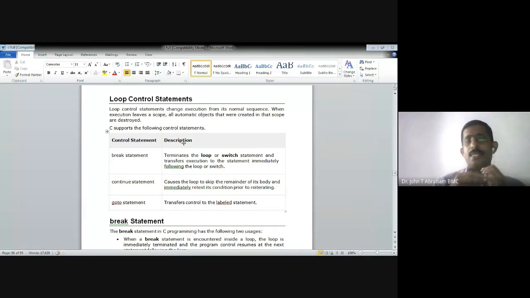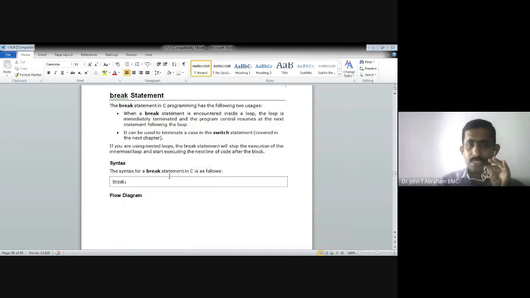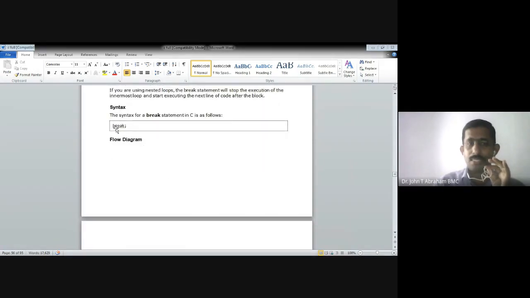So let us see what the break statement is. Break means breaking. C is very simple. From the name itself, we can see there is breaking. Suppose inside a loop or inside a switch statement we write a break statement, it just comes out from that loop, just comes out from that switch statement. So that is a break statement. See this example. What is the syntax of that? Just break semicolon. That's all.